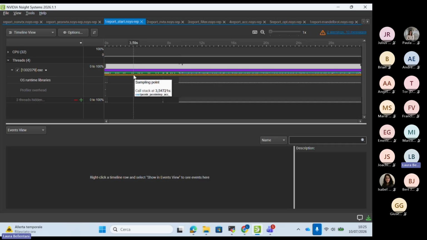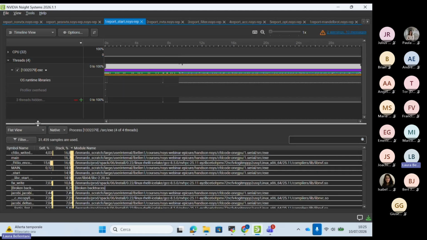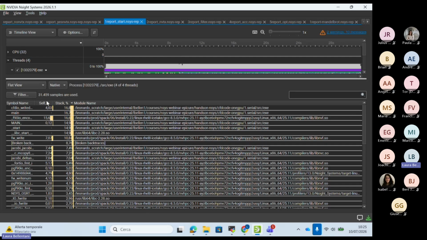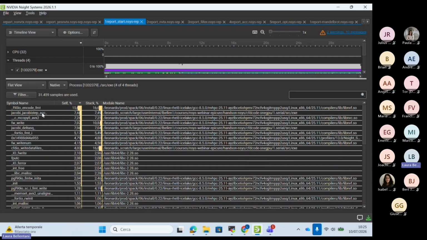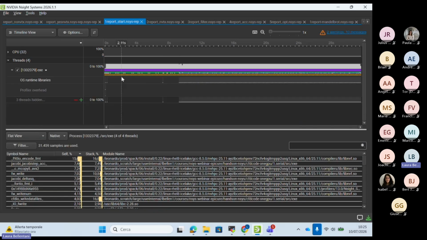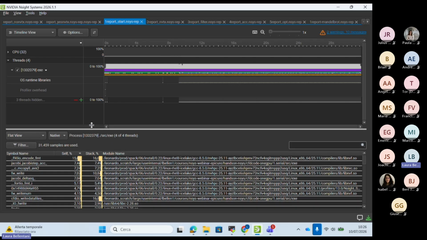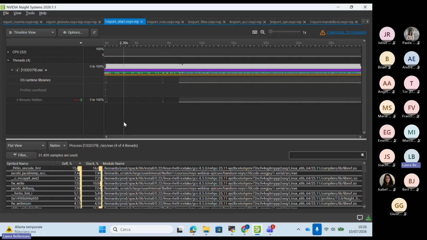For example, here I see that in this region the code is calling most of the time this delta SQ Jacobi step ACC. I can get some summarized information from sampling by using the flat view. I can organize the time by self. So, okay, most of the time in my code is spent in Jacobi step ACC, and this other IO operation. Be careful when you use the flat view, because this is information provided by CPU sampling and, generally speaking, sampling is of course affected by statistics. So if you have a short run, or short events, you may have to change the sampling frequency a bit.